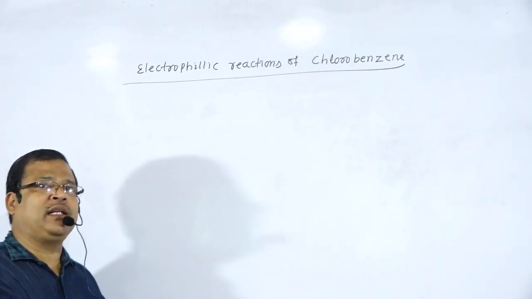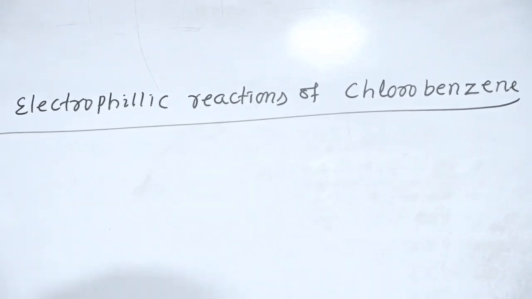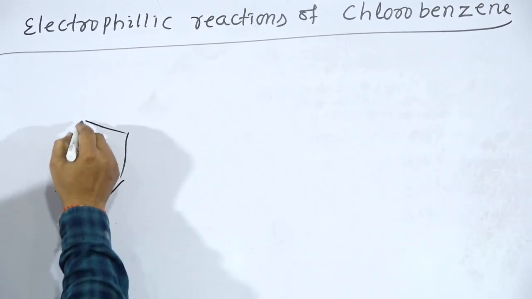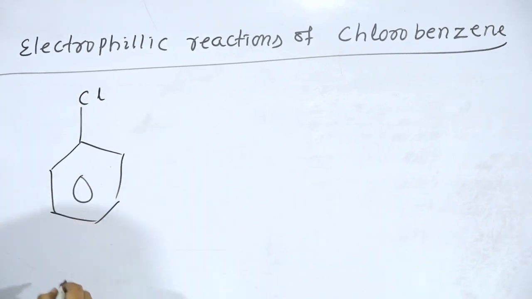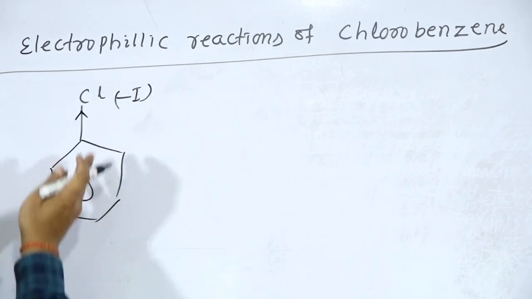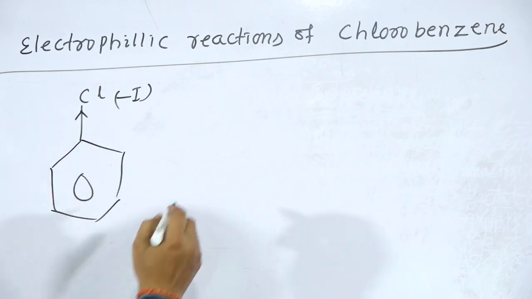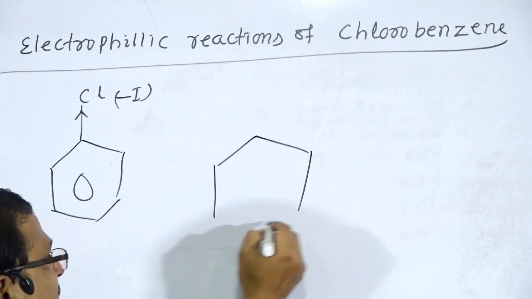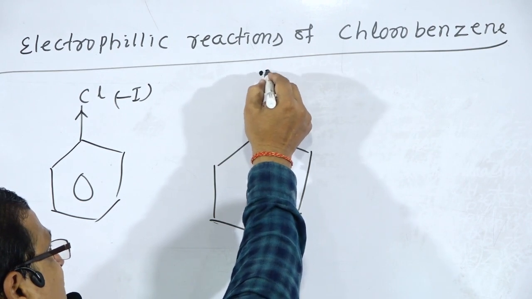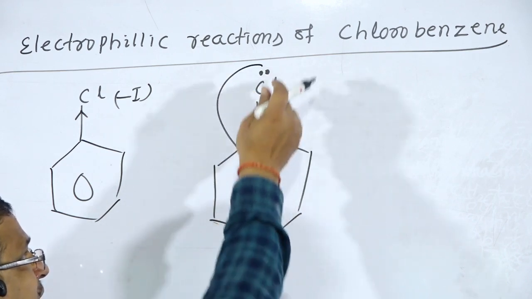Next we will see the electrophilic substitution reactions that take place in the case of chlorobenzene. So the presence of halogen in the benzene ring is a minus I group, that is an electron withdrawing group. So that will withdraw electron from the ring, or that will decrease electron density in the ring. But because of resonance, because of conjugation, the benzene ring and chlorine atom, which contains a lone pair of electrons, so this electron cloud is shifted towards the ring.